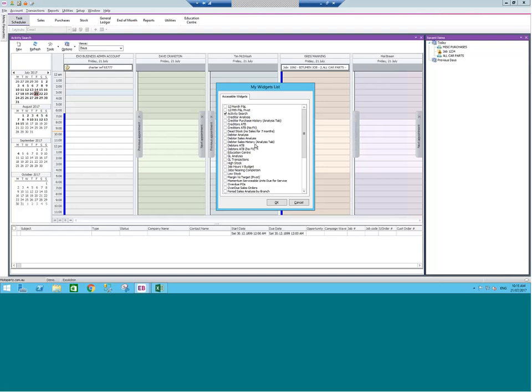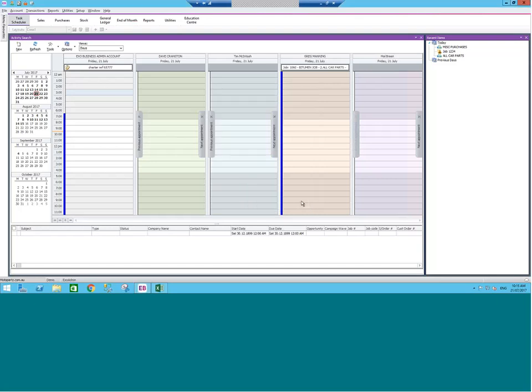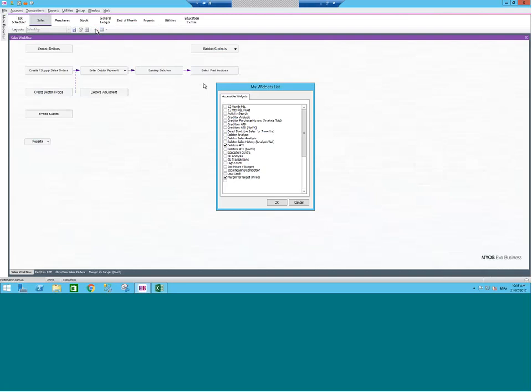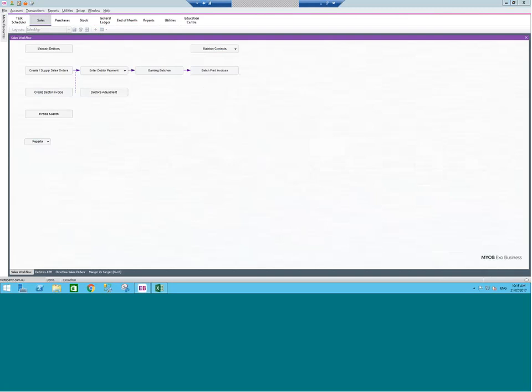So for example, a widget relating to jobs near completion might only be available by default in the job costing module, but you can update the security around those and make them available in any module, and also control what users or what roles can access them. So a nice way of using dashboards for quick snapshot information is to use that feature, add the widget, and